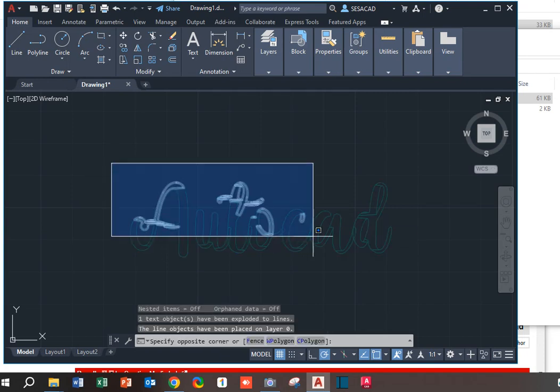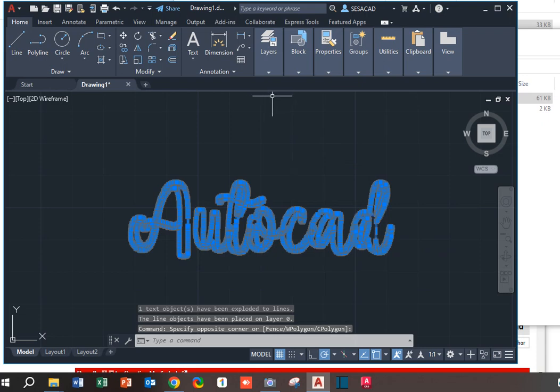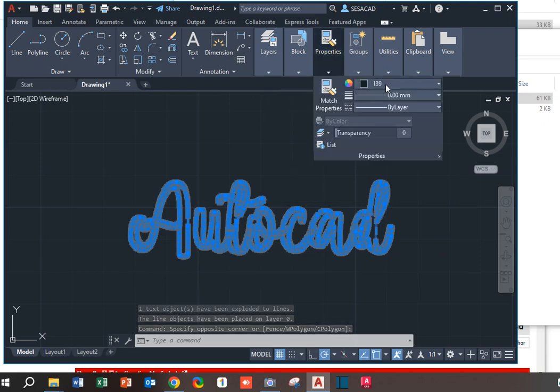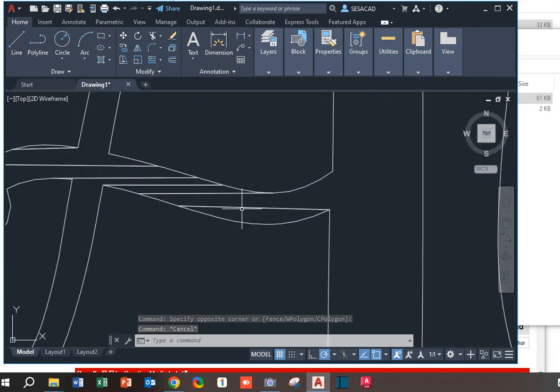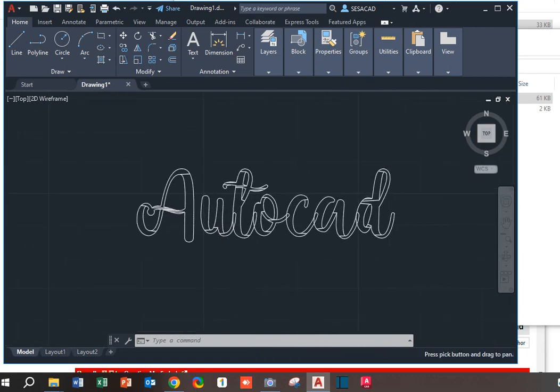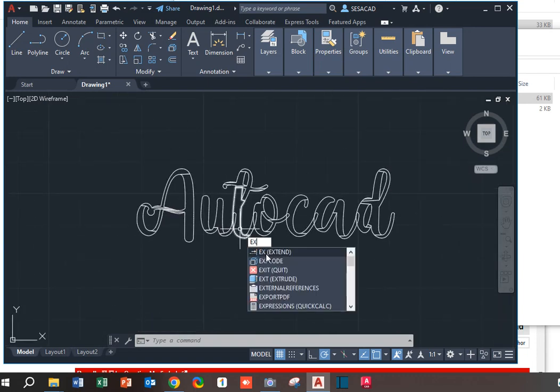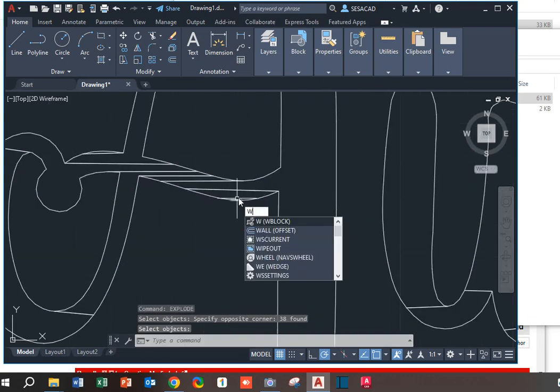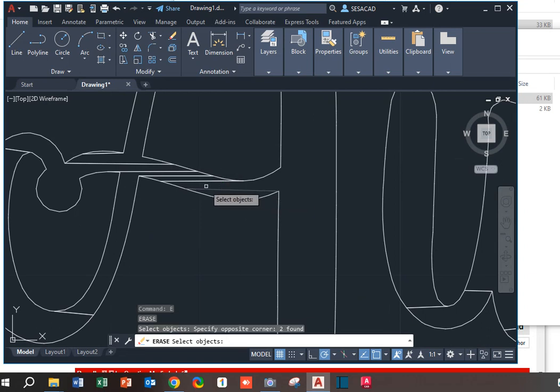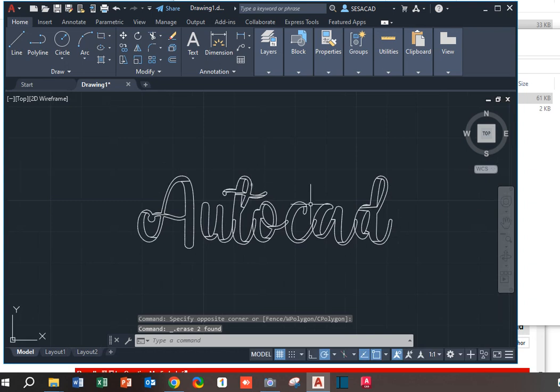and then select and change the property to a bylayer color, okay, and then you don't want lines here, so you do need to explode this first again. So explode, and then explode everything, and then you can now erase the portion inside. Okay, there you go. Okay, so erase everything, and that's how to actually